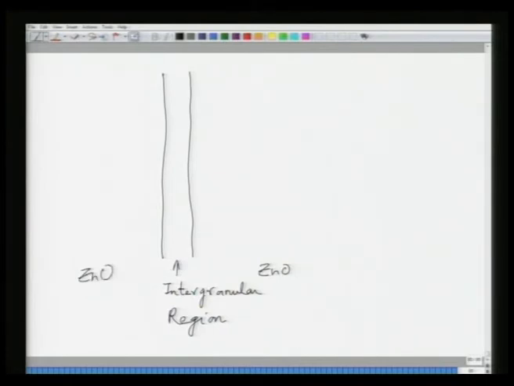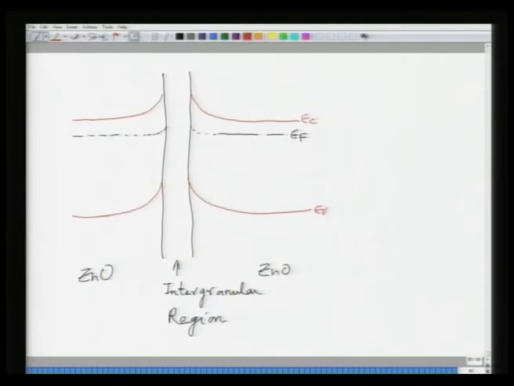Now at equilibrium the Fermi levels match. So, this is your Fermi level, which will match at equilibrium, and then of course, you have your conduction and valence bands, EV and EC. So, at equilibrium of course, nothing happens, but when a large bias is applied, what happens is,